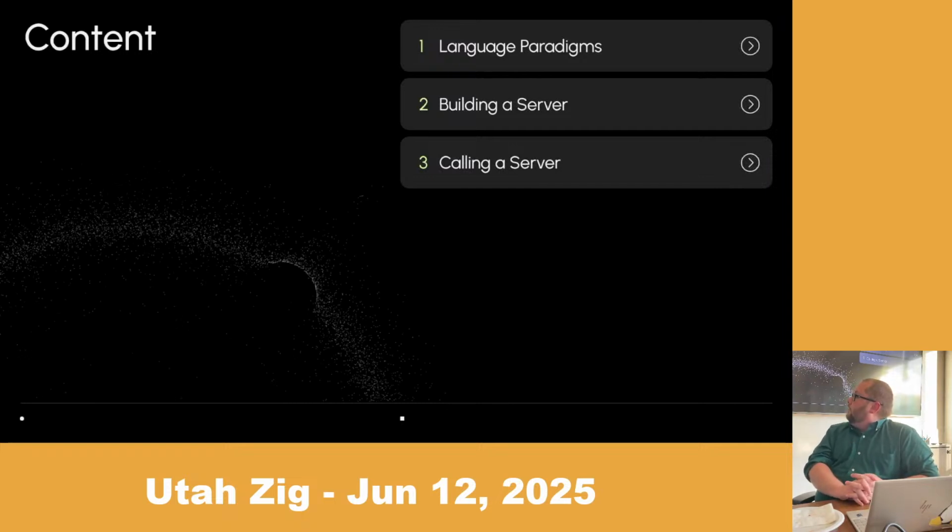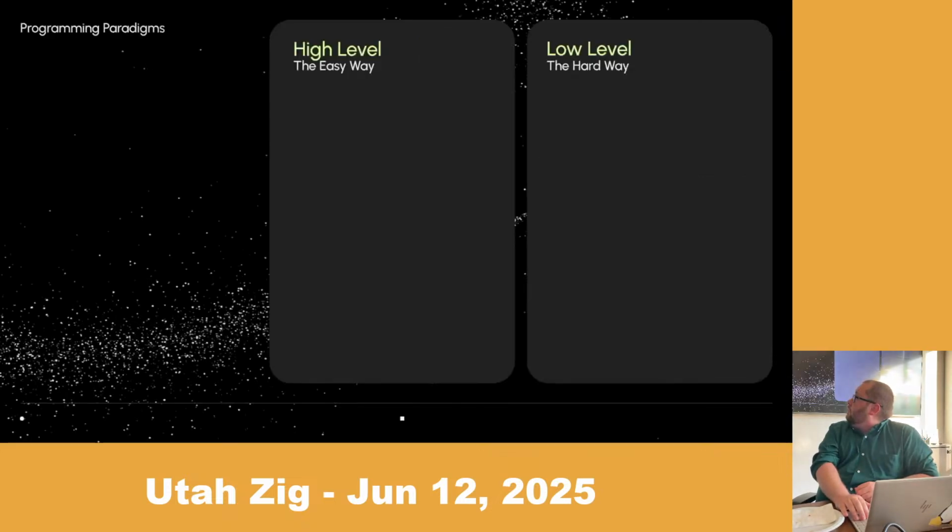So first off, when you're talking about doing web dev, there's certain paradigms that you can work in. And really, a lot of the choice, at least how people will look at it, is there's an easy way to do something and there's a hard way to do something. And usually the decision is to do it the easy way. Unless you're Niles and then you rewrite your compiler.